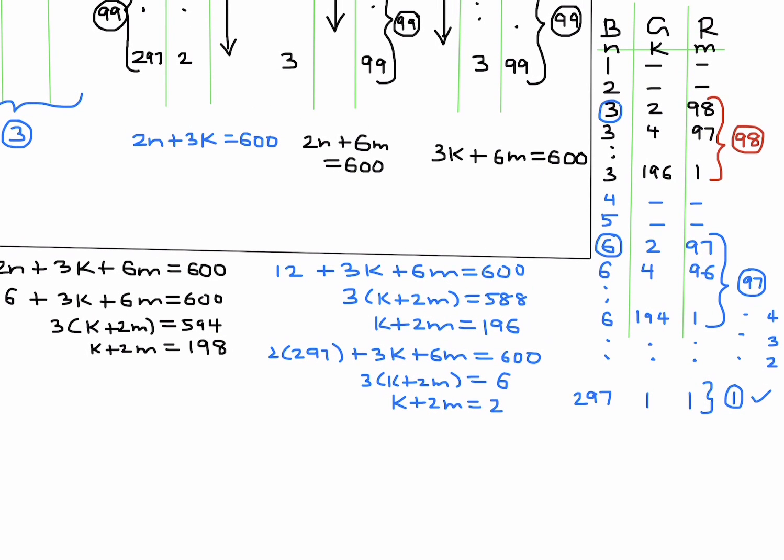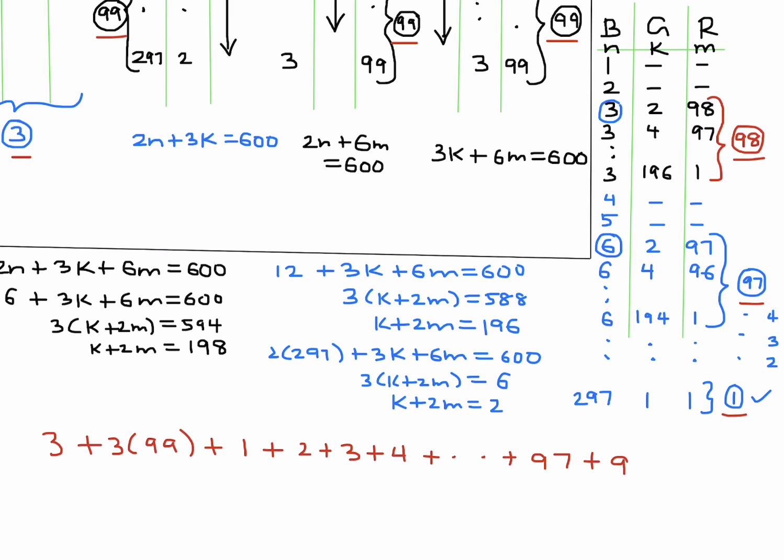All right, so when we add them all up, we had 3 here. We have 99 here, 99 here, 99 there. So 3 times 99. And then we had from here 1, and then like I have sort of deduced, 2 plus 3 plus 4 dot dot dot all the way up until this 97, and then that 98. Okay, so this is 3 plus 297, and using the formula n times n plus 1 over 2